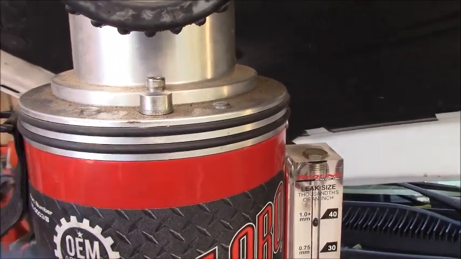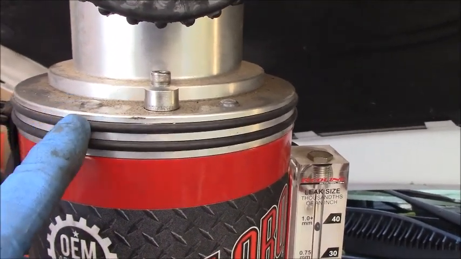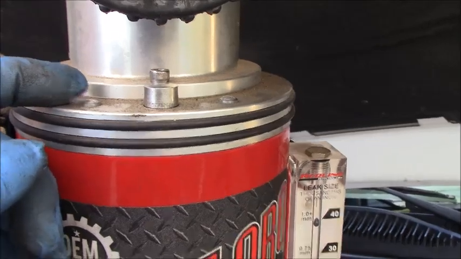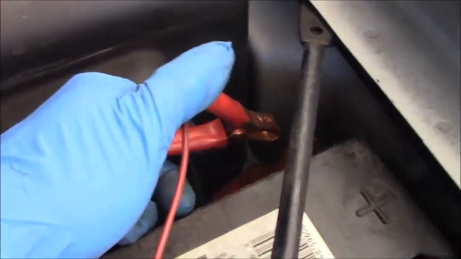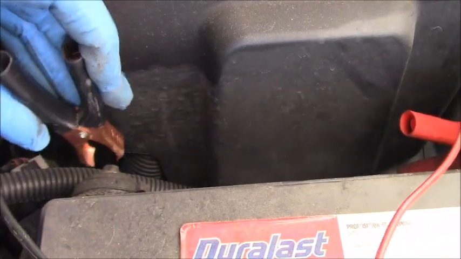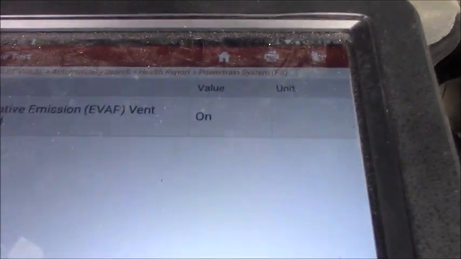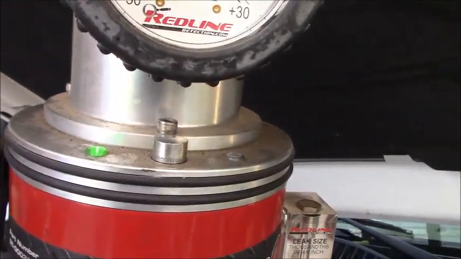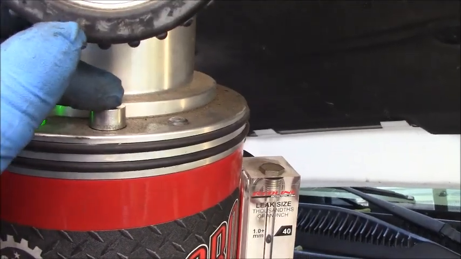Right now I didn't connect to the electrical yet, so now as you can see the indicator right here, when I connect to the battery, negative, positive. Okay, as you can see on the tool, the valve is still on. Now you see the green light. So now what next? What I would like to do is apply the smoke to the system,